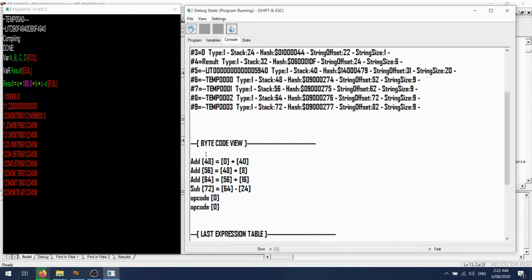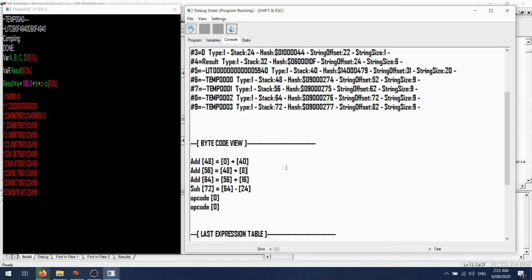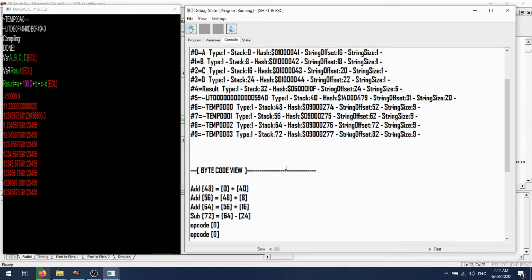This is the actual bytecode to be produced. It's a text representation of what's happening. You've got to understand that on the back end, the bytecode has nothing special about it. All it is, it's doing these operations against offsets in the variable table. So this first addition here, I've got add 48. So I've got an addition that occurs between the variable at offset 0 and the variable that appears at offset 40. If we look these up,